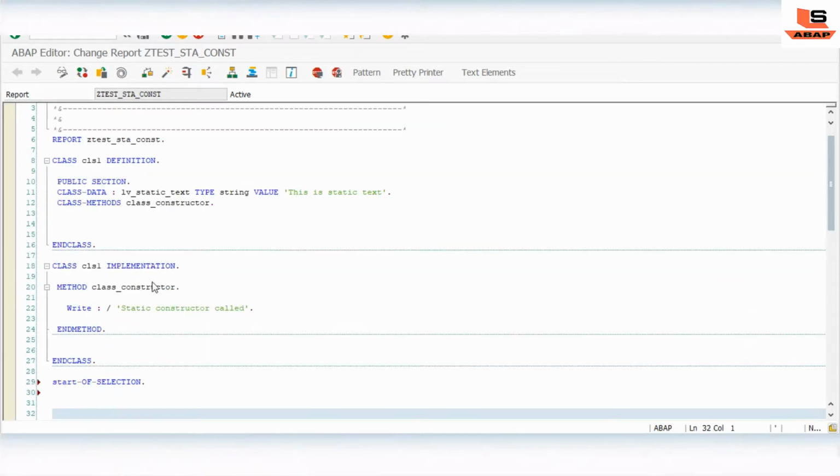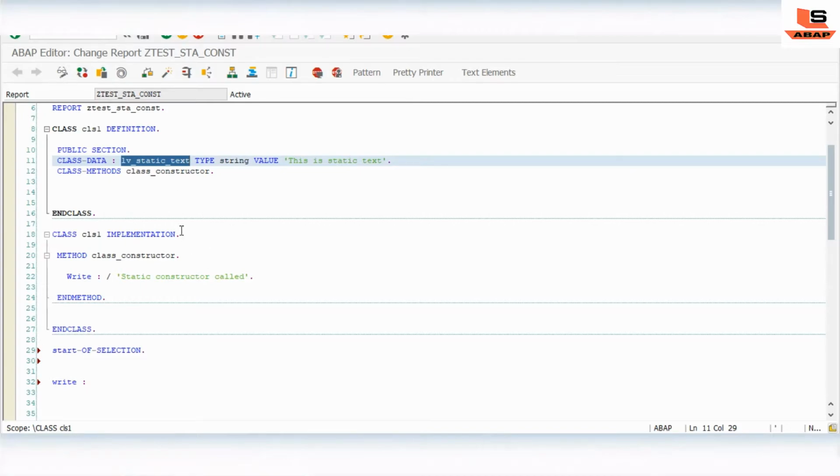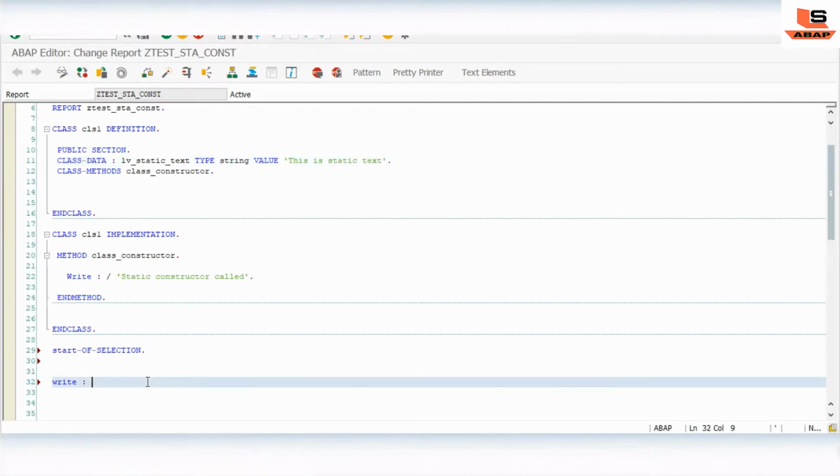In START-OF-SELECTION, let's suppose we access this method. As you already know, and as we showed in the last video, we can access the static attributes using the class name, without creating any object. As we have already discussed in the last session, to access static attributes we don't need to create any object.